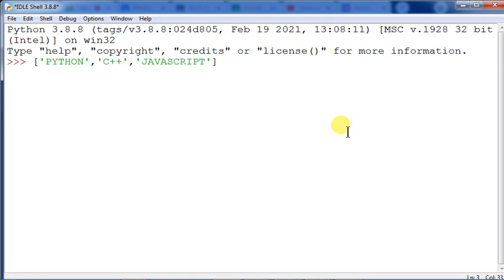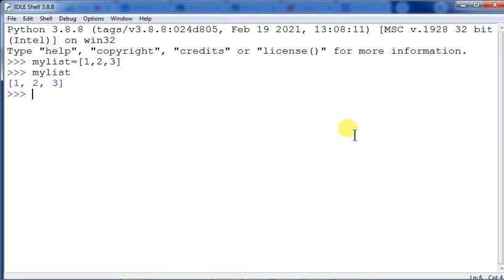Whenever you are creating a list, how will you create it? That is very important. Students, you have to take a list variable. Suppose you are taking the list variable as my_list. Better to take it in small letters, though you can take it in capital letters also, that does not matter. So my_list equals, and you know the list elements are mutable. In a Python list, a list is created by placing elements inside square brackets separated by commas. One such list I am making with just 3 elements, 1, 2, 3. So a list has been made. How will you understand? Just give my_list over here, and you will be able to see the list has been created, and the elements are separated by commas.